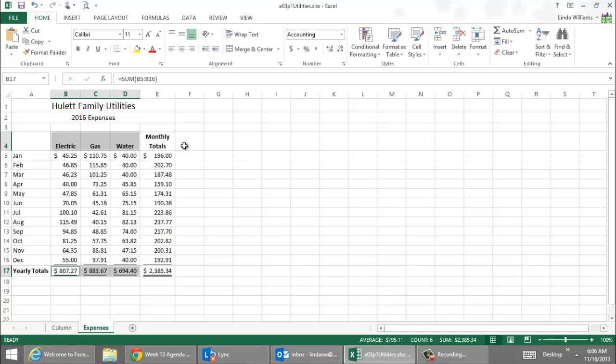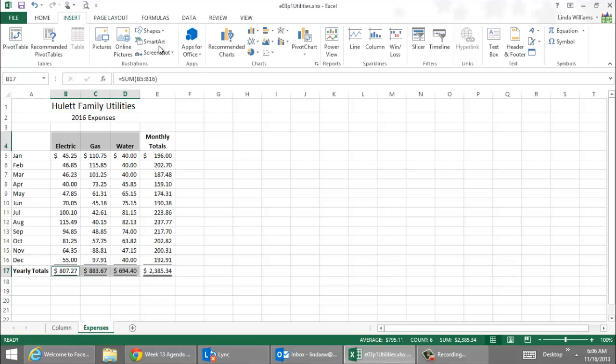Now, it's important that I don't hold down the Control key for the first range I select, but hold it down for the rest of the ranges. Because if I hold down the Control key for the first part I select, I'm going to get whatever cell I was in before I started this whole thing as part of my range, and you probably will not get a chart. Notice I don't get my Quick Analysis tool here, so I need to go to Insert,